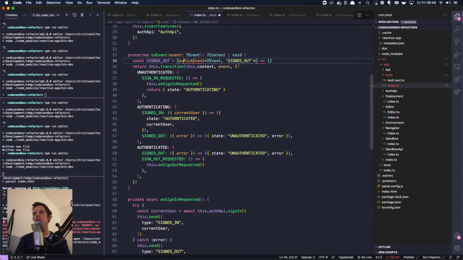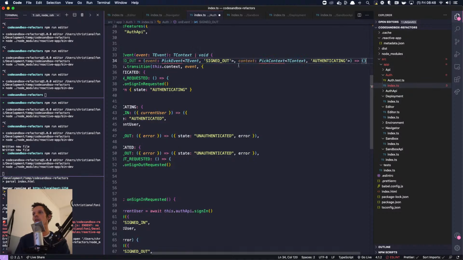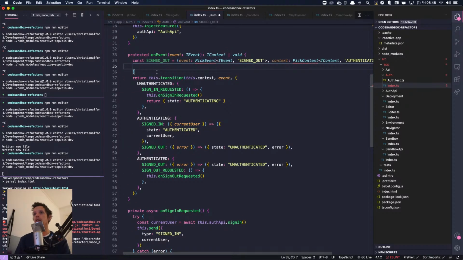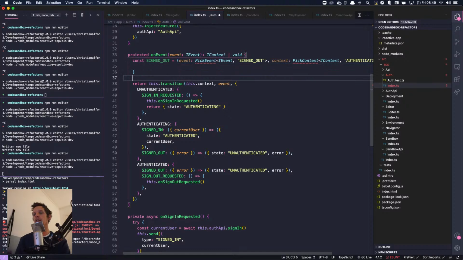So that will be the event coming in, and then we would have pick context, T context, authenticating, right? This is for us to create a matching signature. That's the point. Yes, and it would have to look like this. And for me, it's better to just duplicate this. But